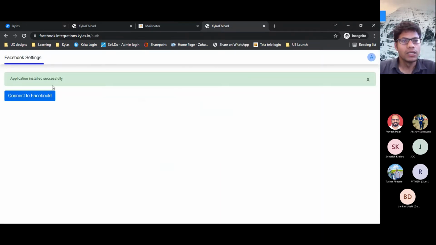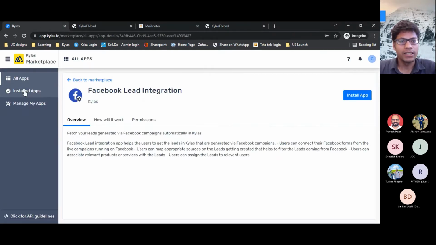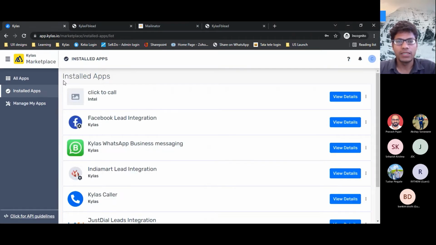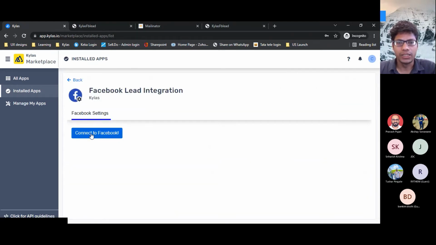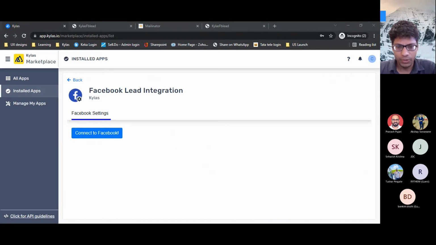Once I log in, it asks me to connect my Facebook account, and I can view the same application under my installed apps as well. I can go to that application through view details. Then it asks me to connect my Facebook account.